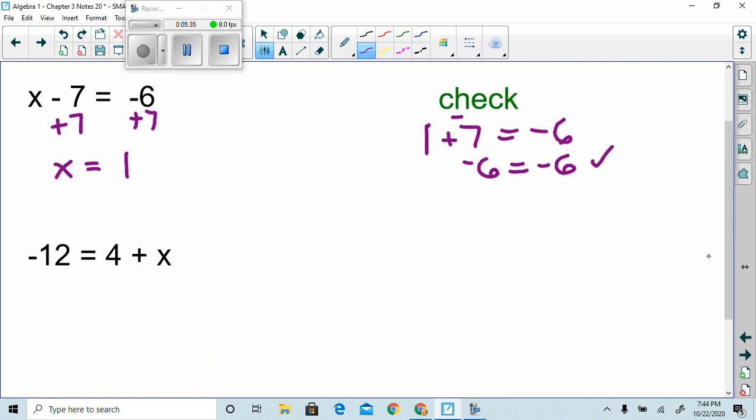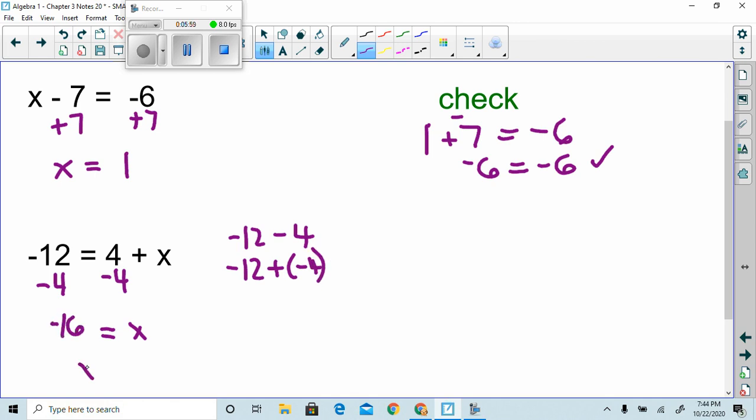Here's one of those examples where my variable is on the right. I have 4, so I'm going to do the inverse. I will subtract 4, which is our subtraction property of equality. I have, again, negative 12 minus 4, which tells me to keep and add the opposite, which gives me a negative 16. I'll interchange and write my x is equal to negative 16, and I am going to do the